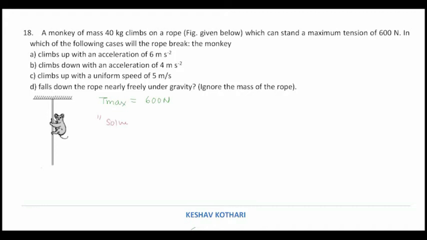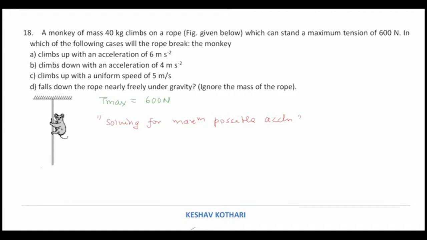So we are solving for maximum possible acceleration, so I can say that the maximum tension is 600